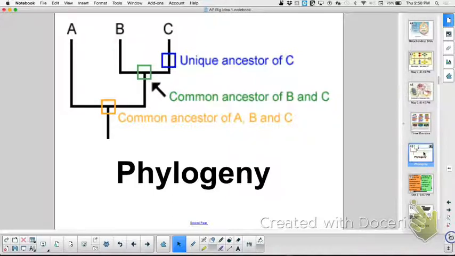Now, it doesn't have to be birds or wings. It could be proteins that you find in a sequence. It could be genes that you're comparing, and that's more likely, because now that we have biochemistry, we can analyze the proteins they contain or the gene sequences they contain, and that's how you're going to draw your phylogenetic tree. They might ask, what do you think is a better phylogenetic tree, A or B? You would look to see where you have the most commonality staying together. Which do you think is a more important factor? What would you like to look at if you were going to analyze this?